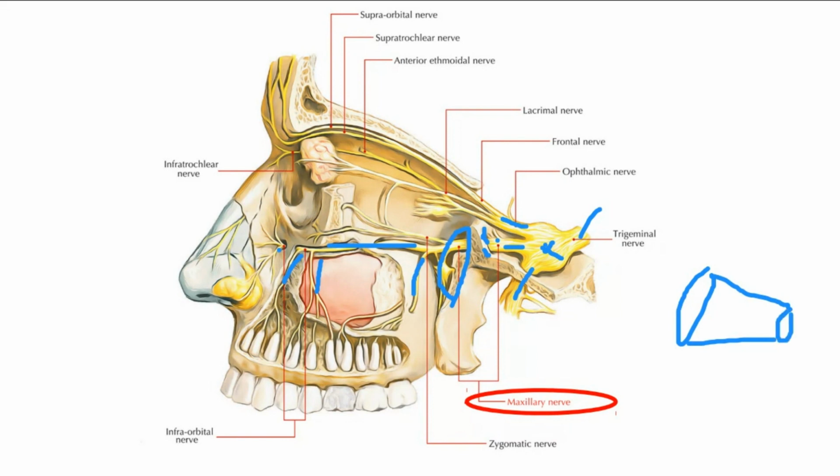Remember this pterygomaxillary fissure, and then you have the sphenopalatine fossa. If you still remember the fissure and the fossa, so if you target this area, you're going to this point specifically. And this is the main maxillary nerve before it gives any branches. So if you drop the anesthesia in this fissure, it's going to block the